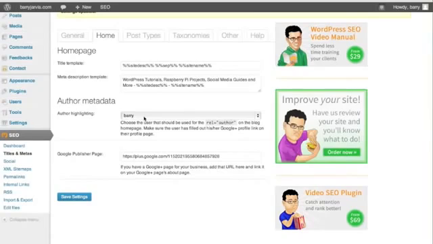So you choose your author, and you put your Google Plus profile link in your profile page. So go to users and your profile. So I'll put your link to your Google Plus profile there, and it will automatically